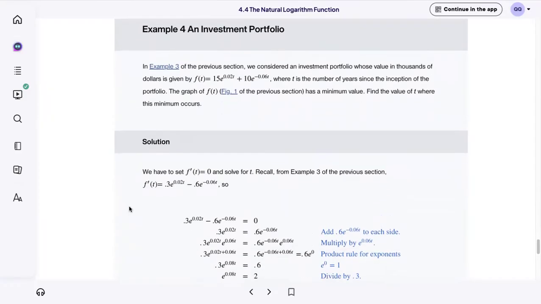Okay, let's see this example. So we're seeing an investment portfolio with value in $1,000 given by this function, right? T is the number of years. And so we want to find the value of T where this minimum occurs. So the graph,